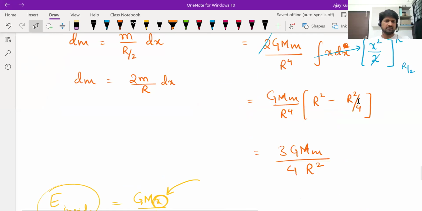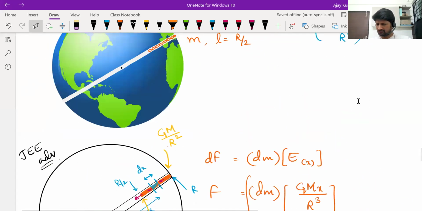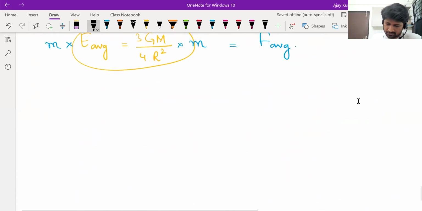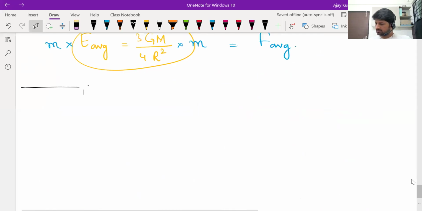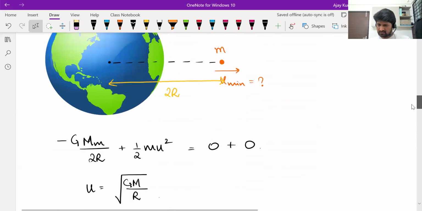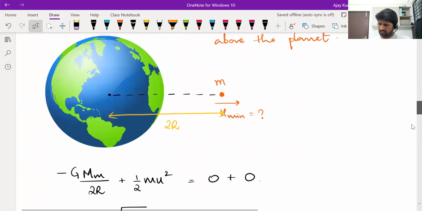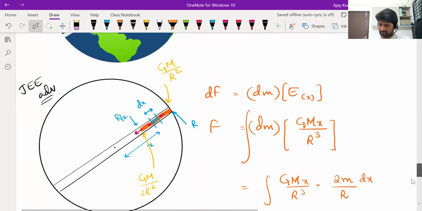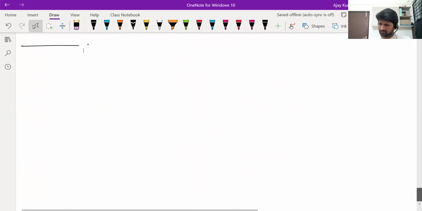Anyway, this has nothing to do with potential energy and all. It's a force-based question. Let it be. So we discussed how to do energy conservation based problems between a planet and an object, right? Okay. So